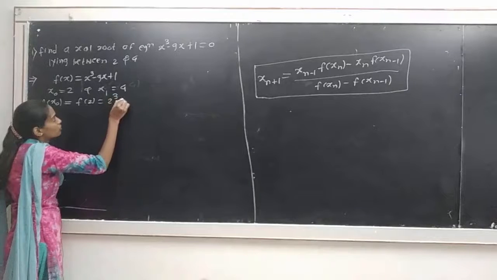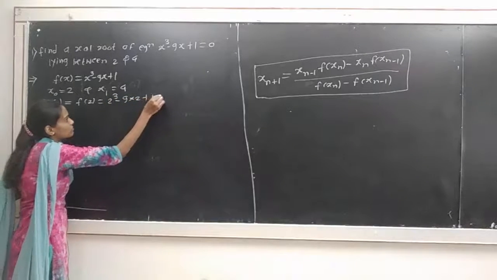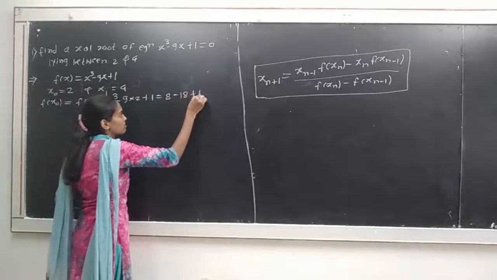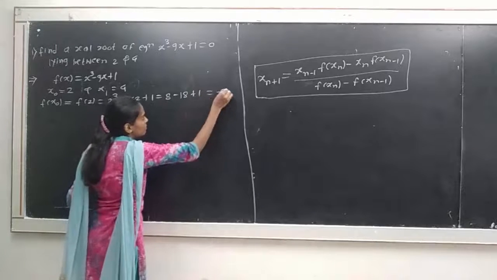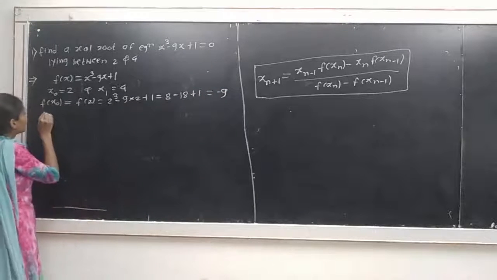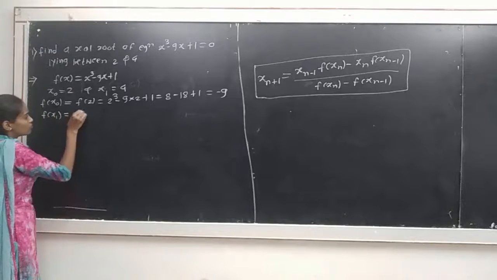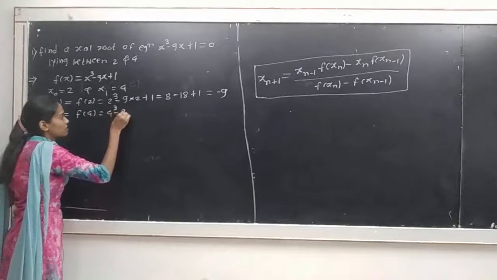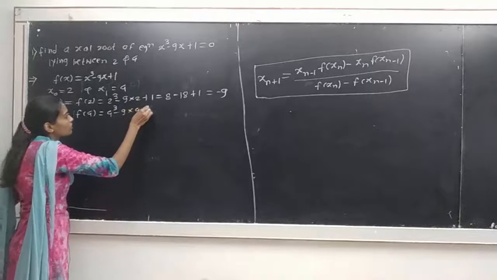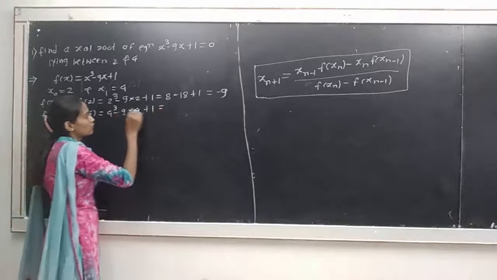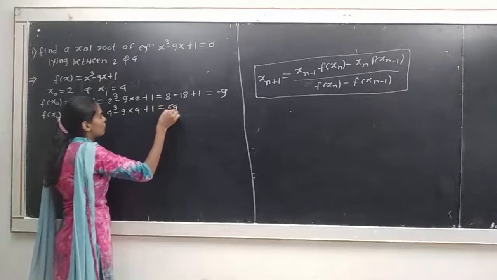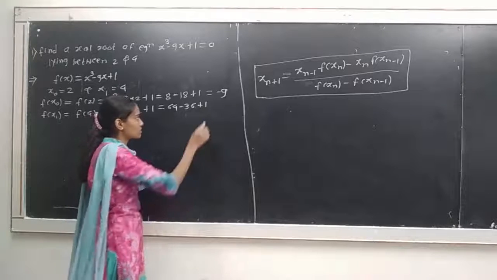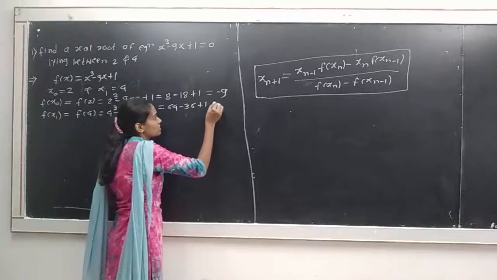We get 2 cube minus 9 into 2 plus 1. 2 cube is 8, minus 9 into 2 is 18, plus 1. 8 plus 1 is 9. 9 minus 18 will be minus 9. Then we find f of x1 is equal to f of 4, equal to 4 cube minus 9 into 4 plus 1. 4 cube is 64, minus 9 into 4 is 36, plus 1. 64 plus 1 is 65, 65 minus 36 will be equal